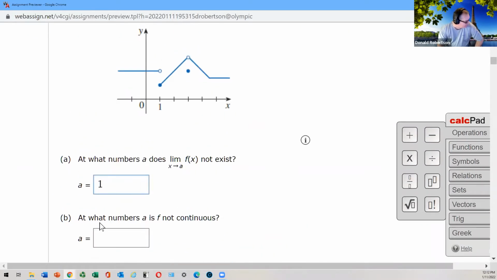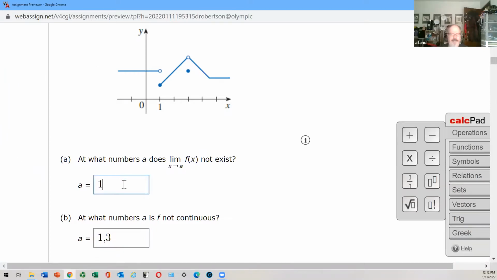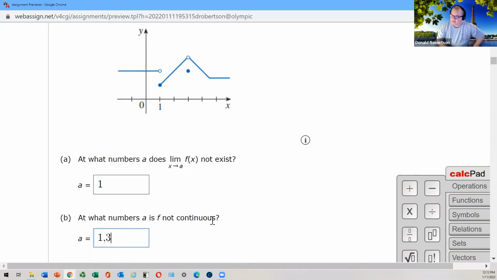Now, it then goes on and asks us for what numbers is it not continuous? In this case, x equals 1 and x equals 3, or we're calling it a, but it's 1 and 3. Would you agree that both of these are not continuous for different reasons, but they're not continuous? So do you see there's a difference between the answer to A and the answer to B, right? The overall limit is not the same numbers all the time as where you're discontinuous. So very often they share answers, but they're not always the same answers, right?